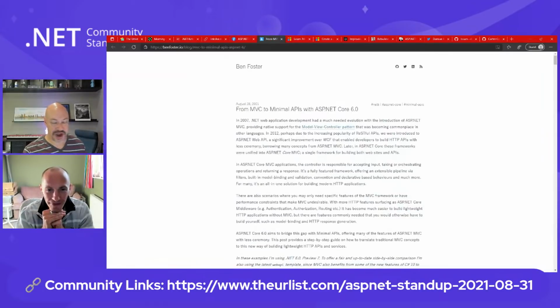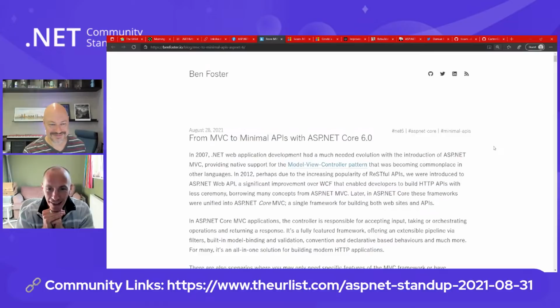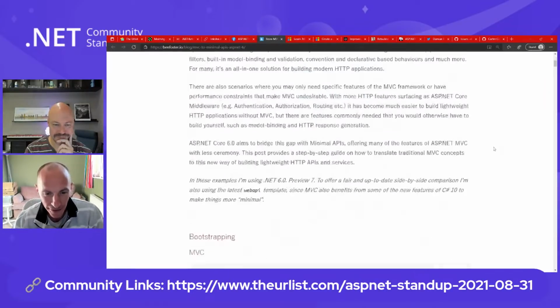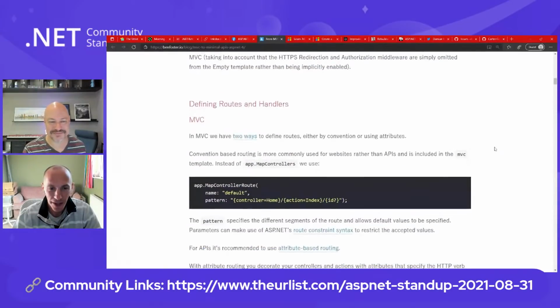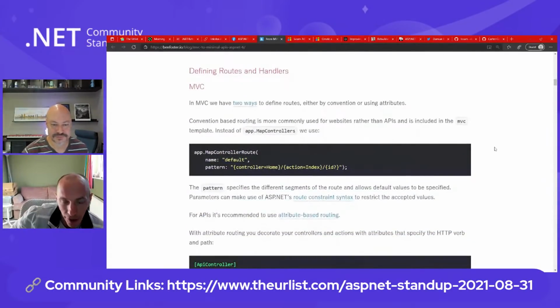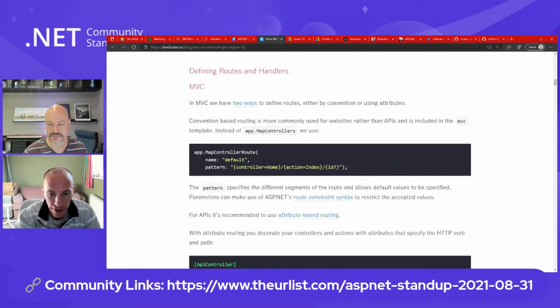Yeah. So I have not read this one. I just saw this shared over. So this literally came out about an hour ago. So I've skimmed through it, and it's a really good summary of helping people move from MVC to minimal APIs if they so wish. But it's a well researched article. Very cool. All right. Well, I'm not going to pretend to read it on the fly here, but it basically covers things like defining routes, how you do security, comparing MVC and minimal APIs, and all the model binding and things like that. So yeah, it's something people should check out.